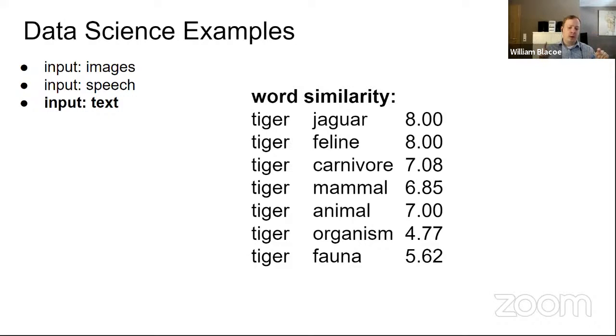So I was talking about the context of jungle and danger. This is from a data set where people should judge between 1 and 10 how similar two words are. And tiger is 8 out of 10, similar to jaguar, and the same with feline, but it's not as similar with mammal or organism or fauna because, well, even though there is some commonality there, those words on the right become less and less specific to tiger. So a jaguar has more in common with tiger than an organism in general, and therefore it got a lower score.